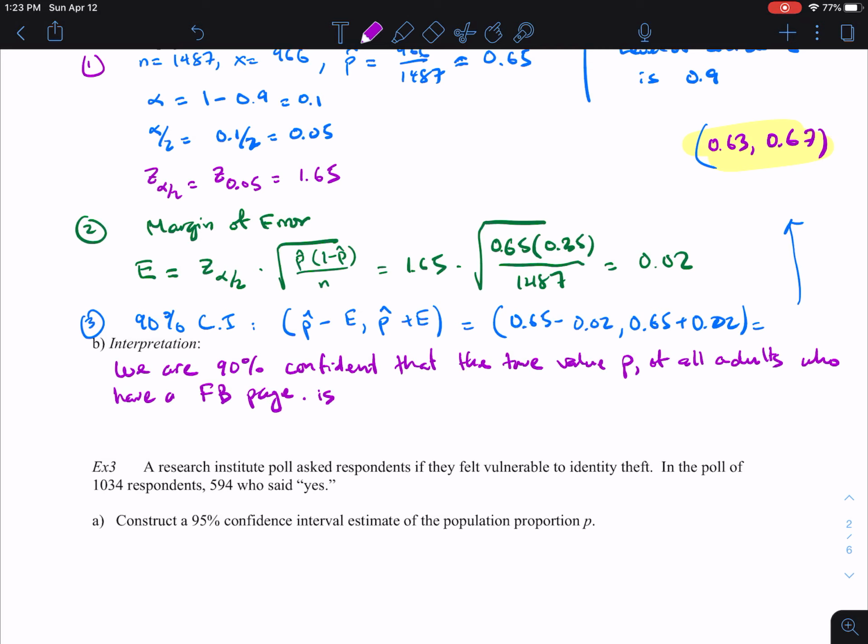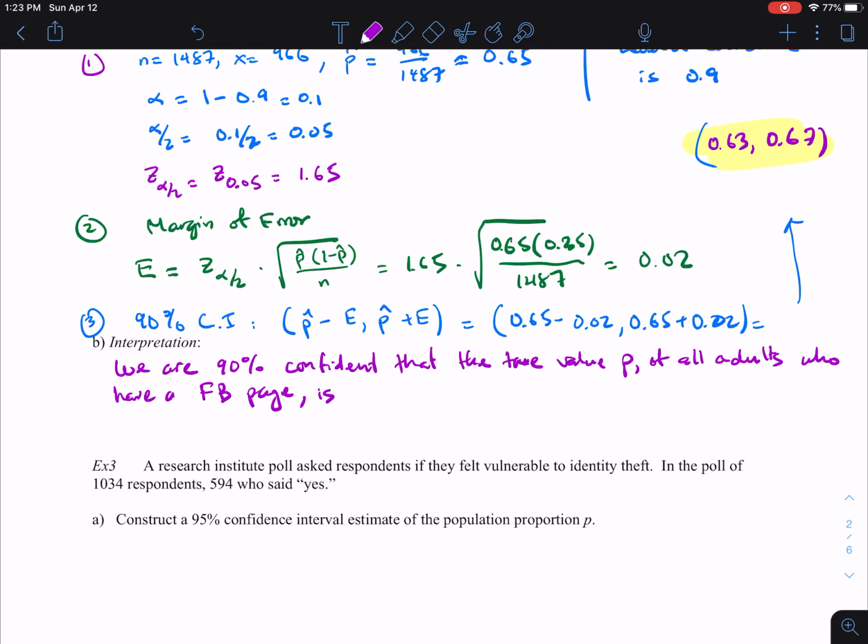So the actual true proportion of all adults who have a Facebook page is between 63% to 67%. This is a much better way to estimate the actual true value of P, and how confident are we with this estimate. We're about 90% confident, and again, the 90% confidence means